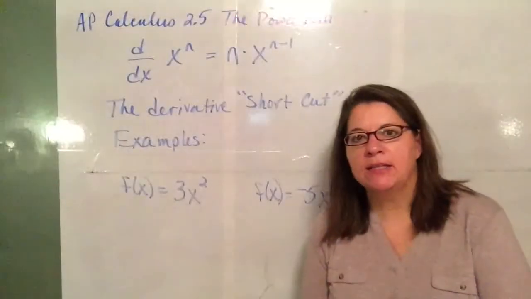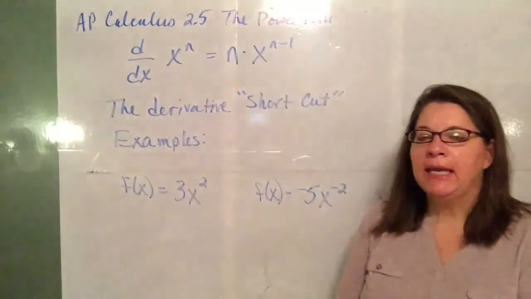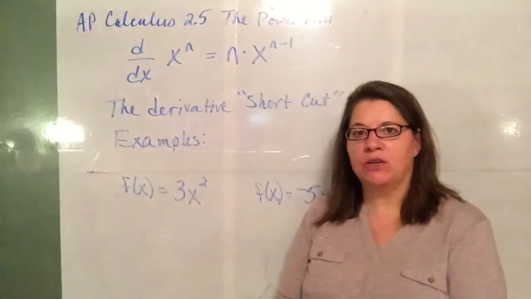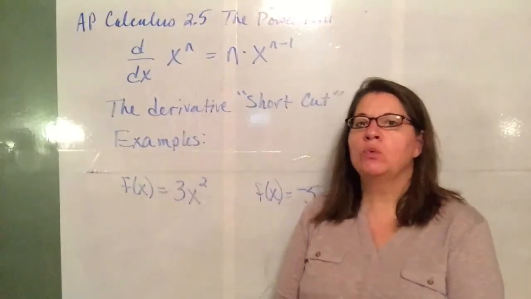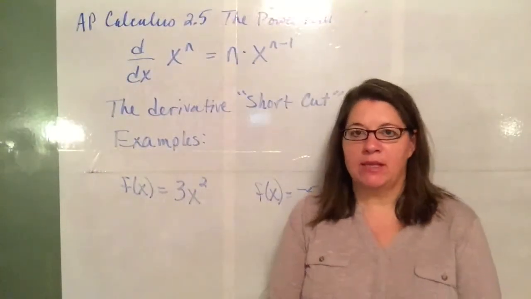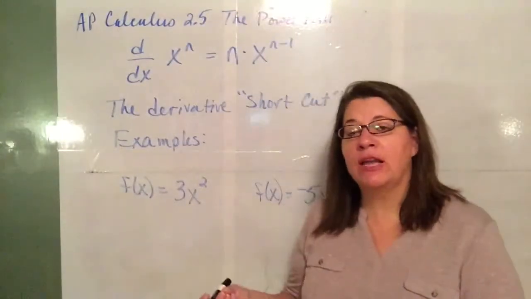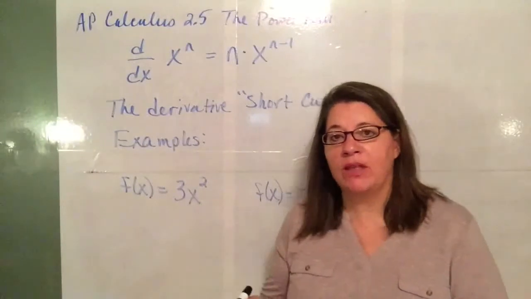This is AP Calculus 2.5, the power rule. In this section, we're going to use that shortcut that I've been telling you about to find derivatives. And the power rule works for monomials. It works for something that has one term. But as you'll learn as we continue on with the rest of the unit,